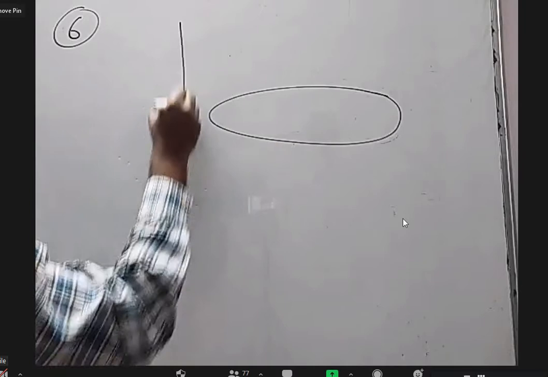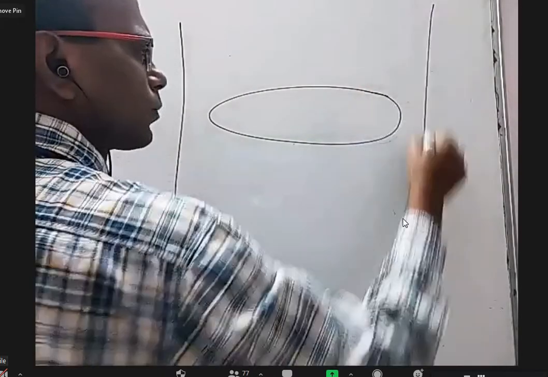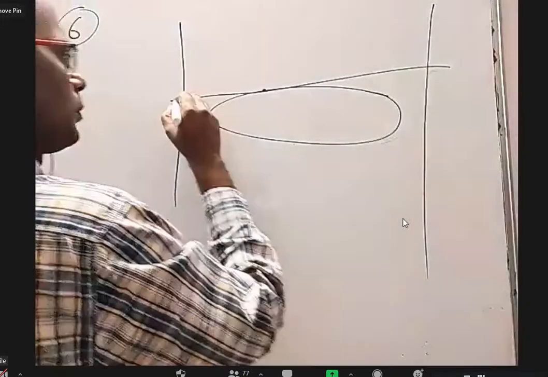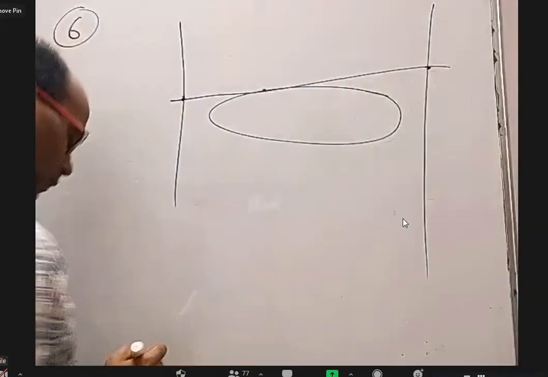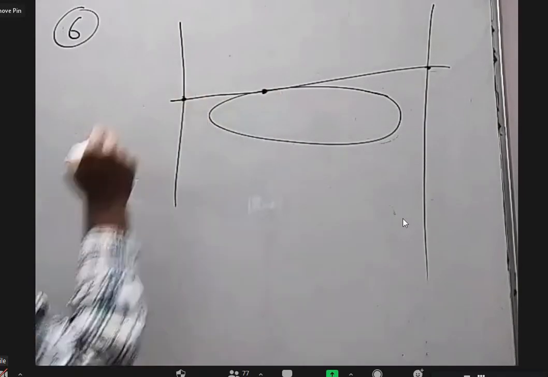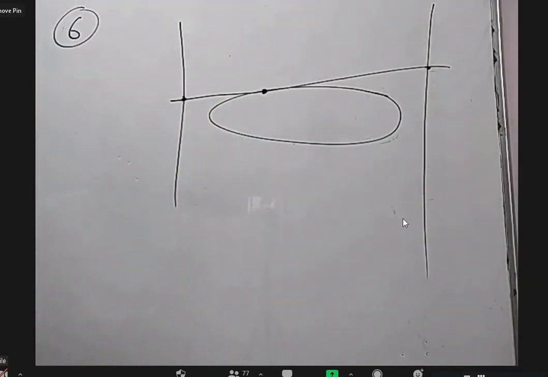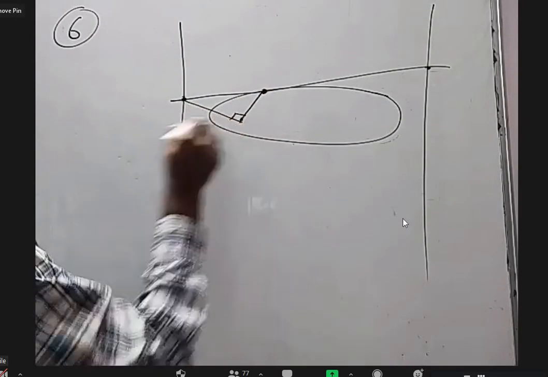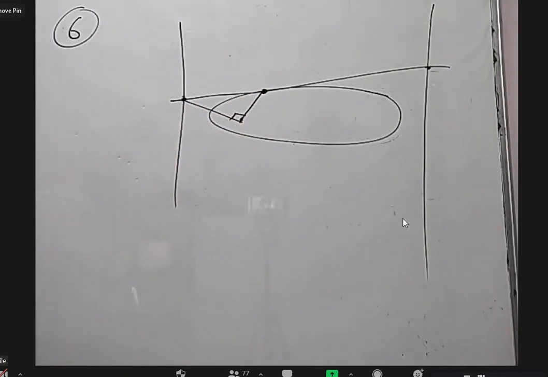I'm not sure. I have to verify this. If I draw one tangent and it will meet the directrix. For a parabola, what is the property? Portion of the tangent between point of contact and directrix subtends 90 degrees. Is that 90 degrees here? I have to check. Okay. Don't write. We'll verify.